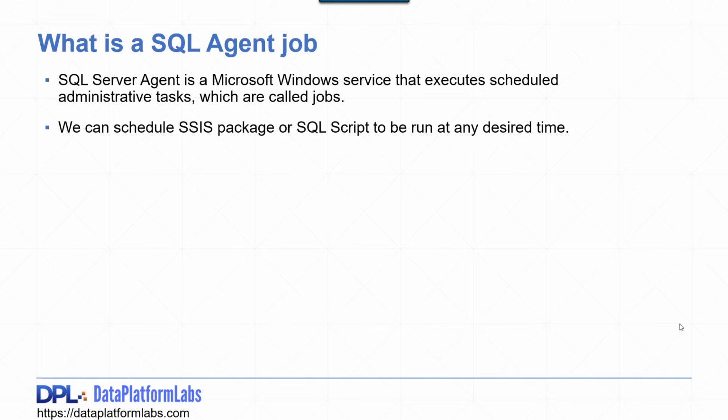So for example, if you want to restore a database to a particular SQL server, however you want to restore the database at off-peak hours, maybe at 11 p.m. or 12 a.m., then you can prepare the SQL script for the database to be restored, and then you can schedule the SQL agent job to be run at 11 p.m. or 12 a.m. so that it can run during off-peak hours and it can be called automatically using the SQL Server agent job. Or you can schedule an SSIS package that can actually load data to a table during the off-peak hours or at any desired time. So without wasting further time, let's start the demo.